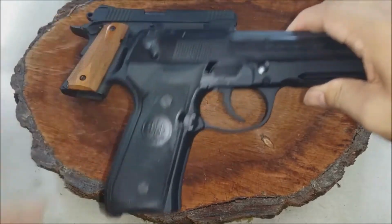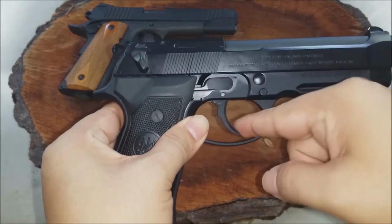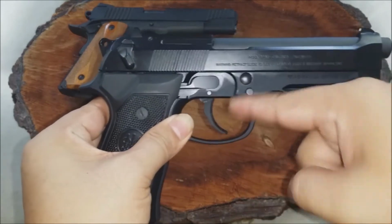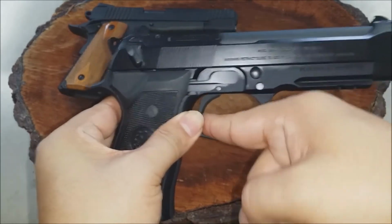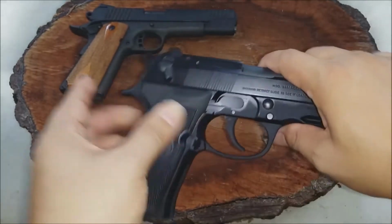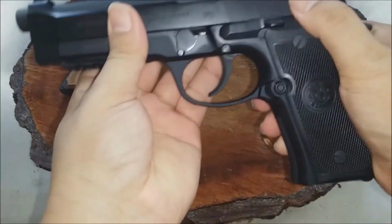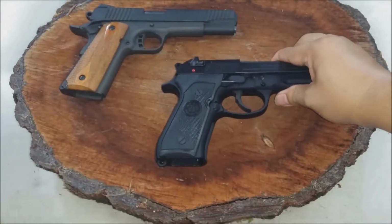I'm going to put this on safety so we can see it work. This little circle right here is the pivot head. When you pull that back, it's going to send the trigger bar forward. The trigger bar, once it's pulled forward, is going to raise a lever in here that's going to raise a firing pin block, sending the hammer forward there. So a little bit more complicated design as far as triggers goes,